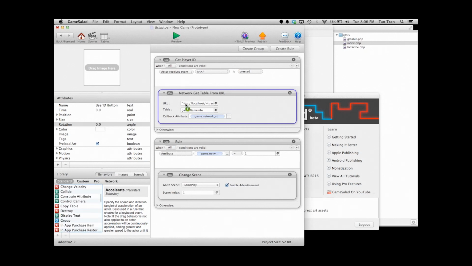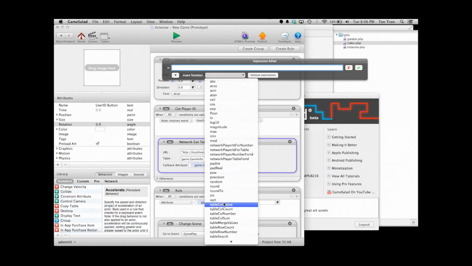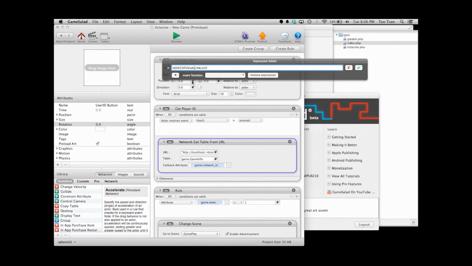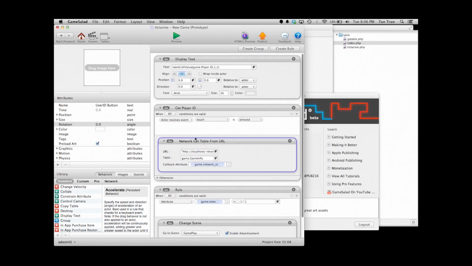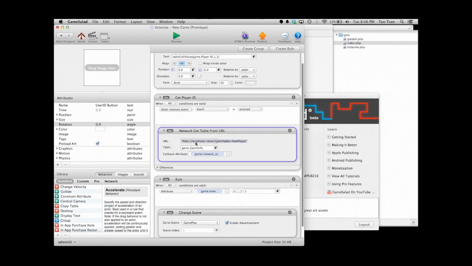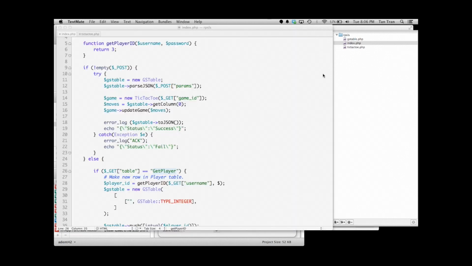let's see here, display text. I want to display the table cell value for the player ID table. I think that's the idea. Player ID table, row 1, column 1, which will probably show nothing when we first start. And the idea would be, hopefully, right,